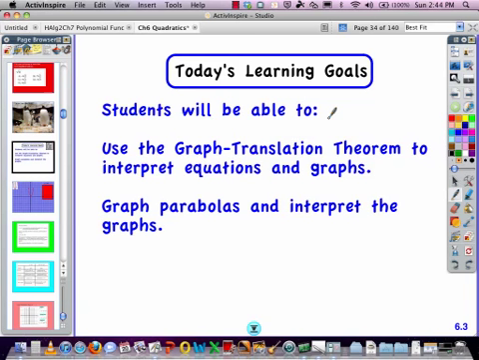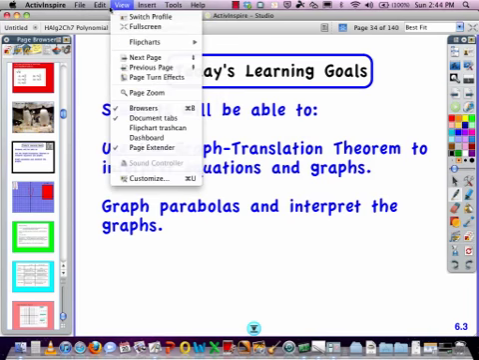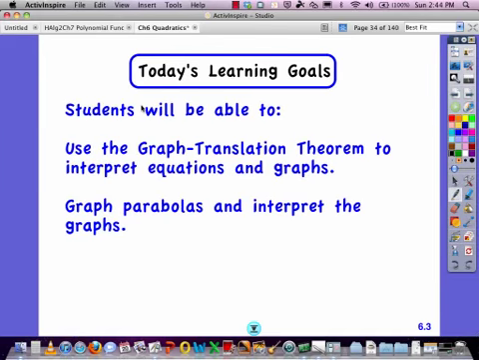Now that we have a little experience with our graphs, and graph of a quadratic and even graph of an absolute value, we should be able to now move those graphs around and start looking at their equations a little more. So that's what we're going to be doing, and finding some patterns, finding some new equations we can use in this section. So in 6.3, we want to be able to use the graph translation theorem to interpret equations